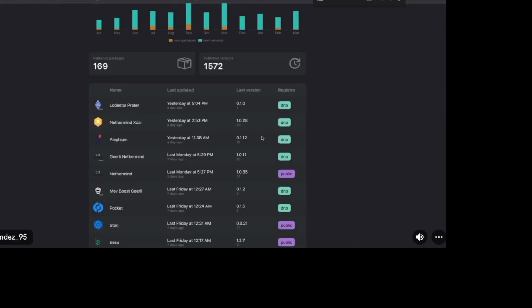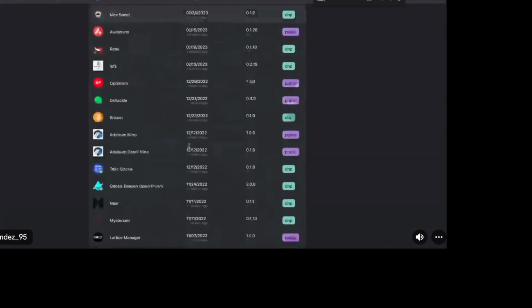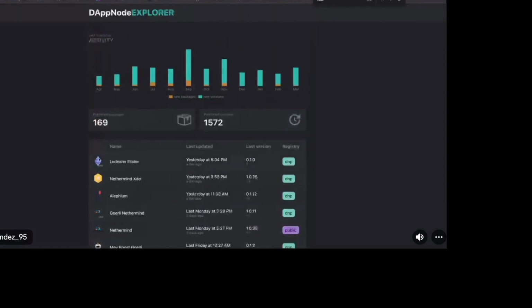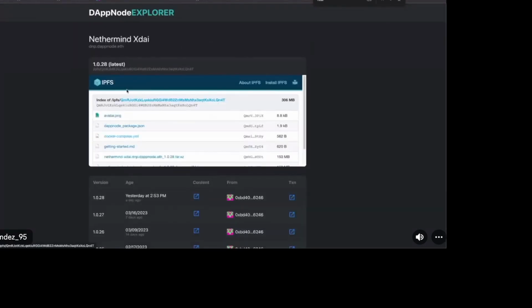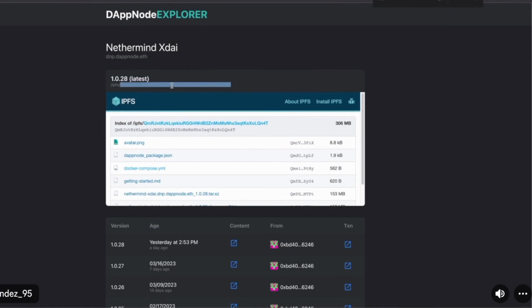Well, maybe it was published some time ago, but I can choose whatever from here, like Nethermind XDAI, and this package has this ENS, which is nethermind.xdai.dnp.dappnode.eth, and this points to this IPFS hash.